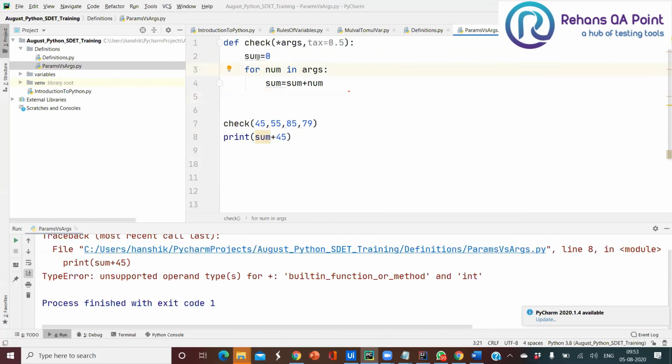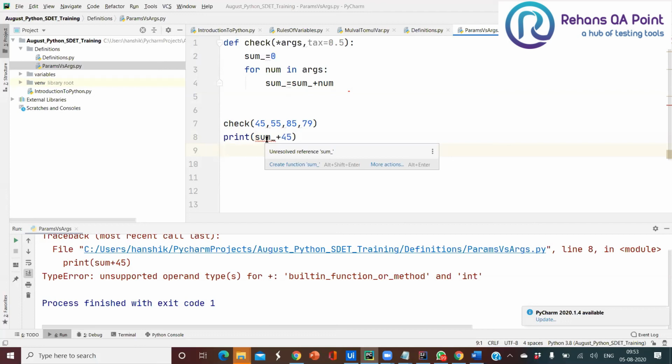Guys, one second, don't use built-in functions. Let me use sum underscore. You cannot use built-in function names; my bad, I forgot to set that. Now what happened here? While designing itself, it is telling me unresolved sum underscore. It means it cannot identify what the sum is or where it is coming from.